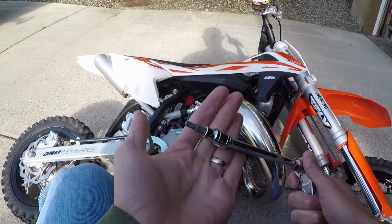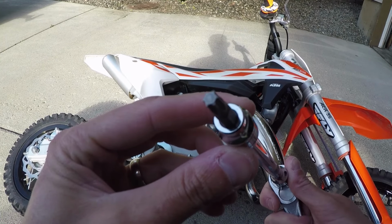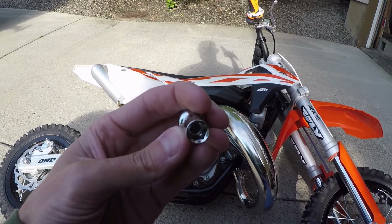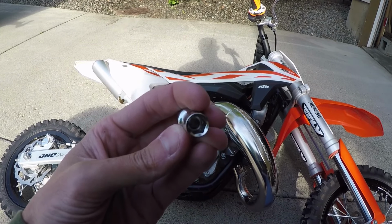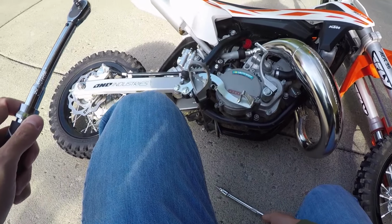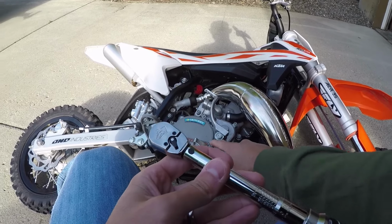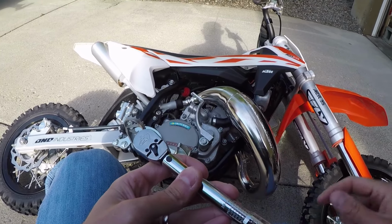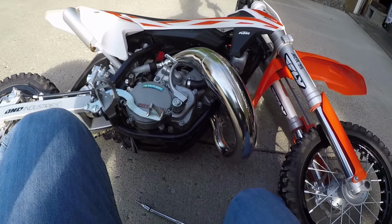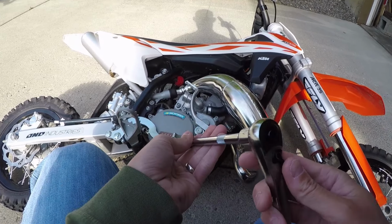Alright, so for tools, you're going to need a T30 bit. You're also going to need an 8mm socket for the adjustment bolts. And of course, when you get everything finished and put back together, you're going to want a torque wrench because we need to torque these outside casing bolts to 10 Newton meters. And that's it. Lay the bike down on its left side,